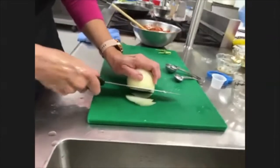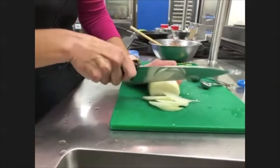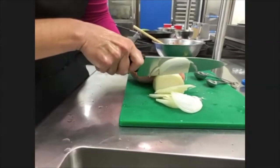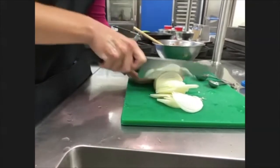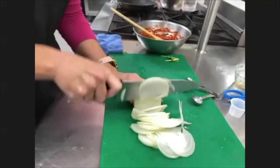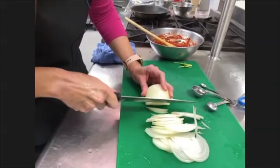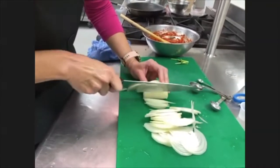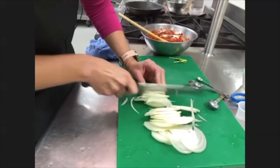And again, it's truly how thin you can get it. Remember, what you bite into is what your consistency will be. All right. Okay. So we want to get as close to that edge as possible. Sometimes turning it around now. We'll do the other side. So we kind of make them almost kind of lacy just because they're really thin. And if your onion starts to break apart, we can actually